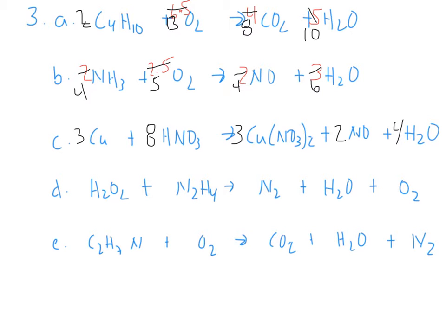Then looking at letter D, this one I've got nitrogen, hydrogen, and oxygen. The nitrogen appears to be balanced on each side. The hydrogen is not balanced. If I take a look at it, I have 6 on the left side and only 2 on the right. So if I go ahead and put a 3 here, so then when I have the 6 hydrogen on each side, now my oxygen is 5,